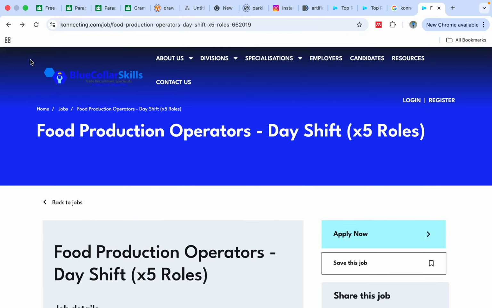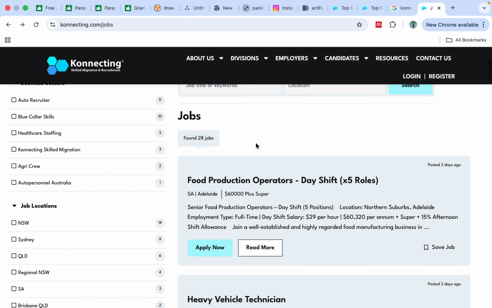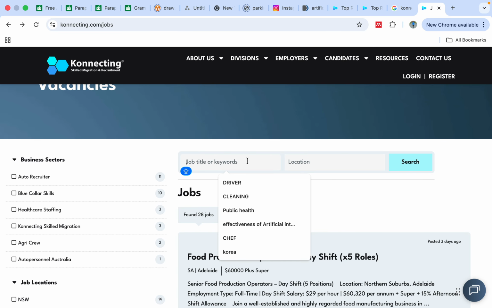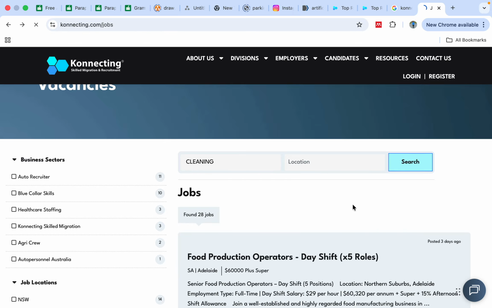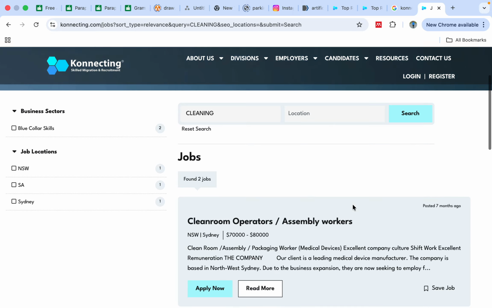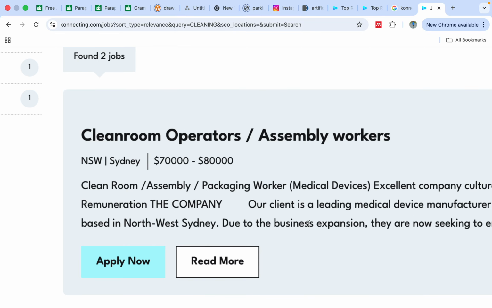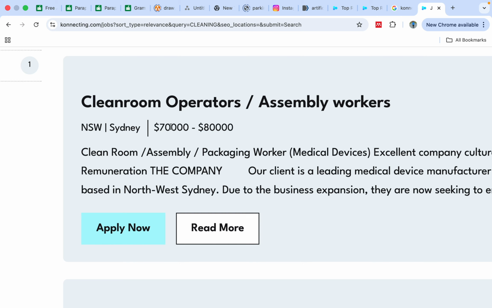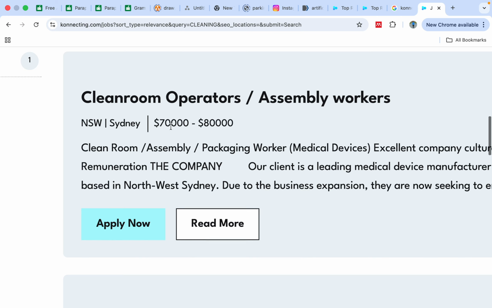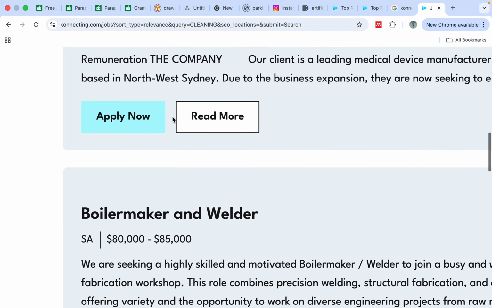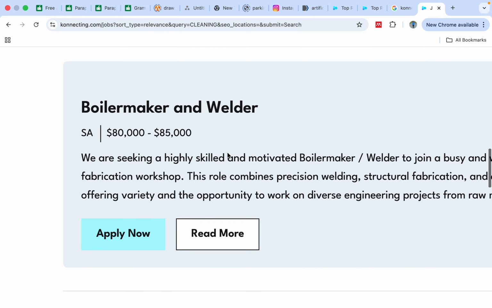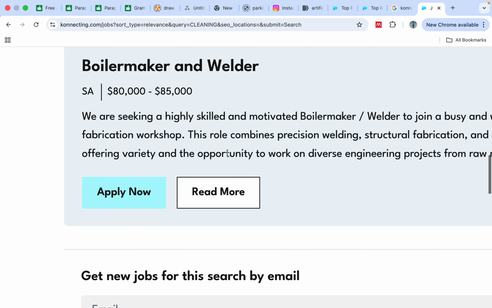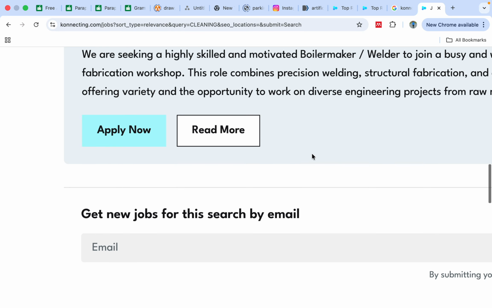So we can try to search another job. Let's say you are going to search for cleaning. You can see here, these are the jobs available for those looking for cleaning. And you can see they have even put the amount per year. This is in terms of dollars, so you can convert it to your currency and note the exact amount you get